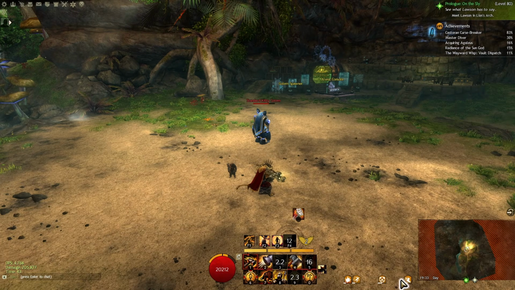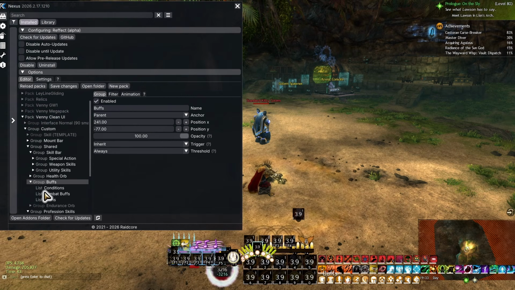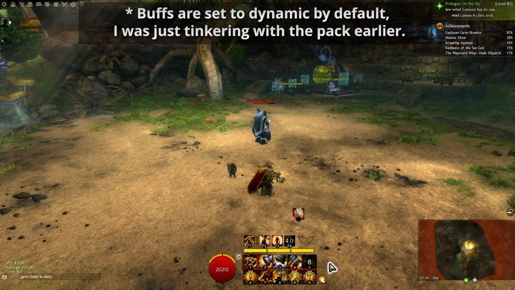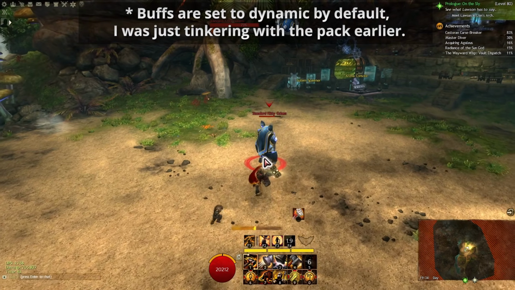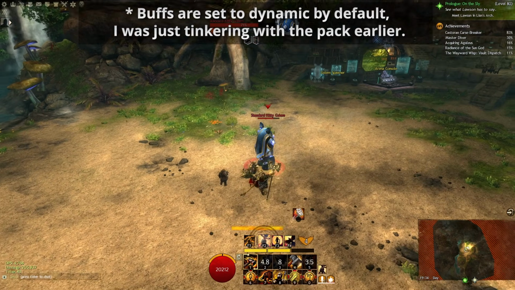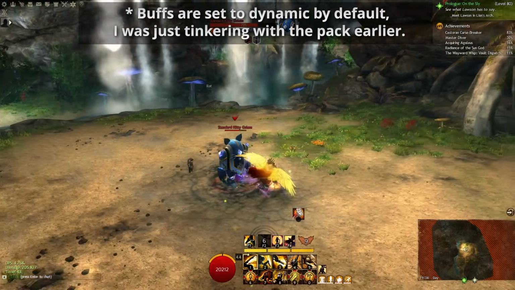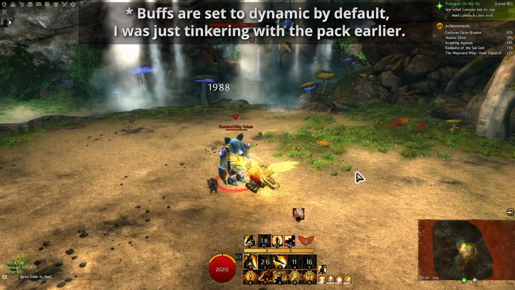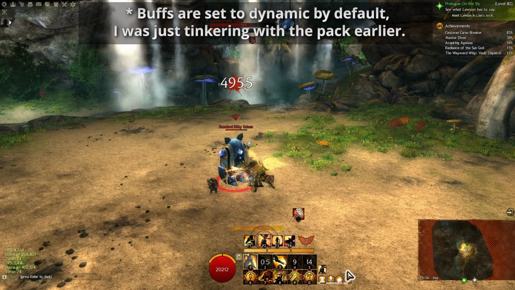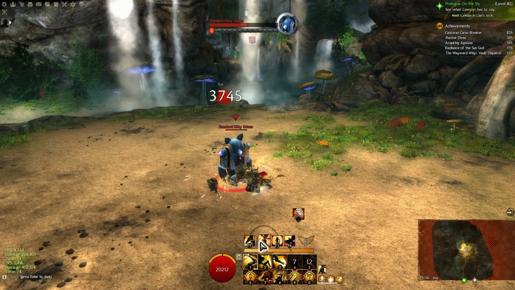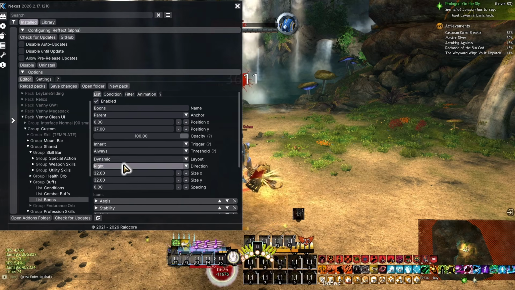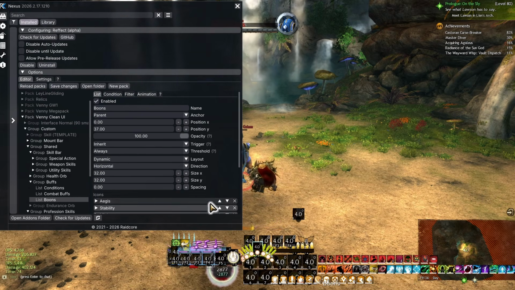I actually don't like the static mode on the buffs, so I'm going to change that. It's under buffs, boon, and instead of static, I'm going to keep it dynamic, so that way it shrinks whenever I get buffs. They still keep the order, but they stay justified to the left. You actually can change these lists to be right justified or left justified, or you can also have them centered. For example, if I wanted to have horizontal, rather,